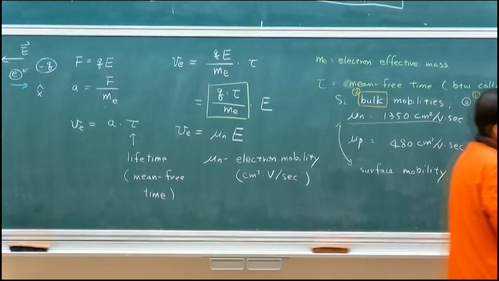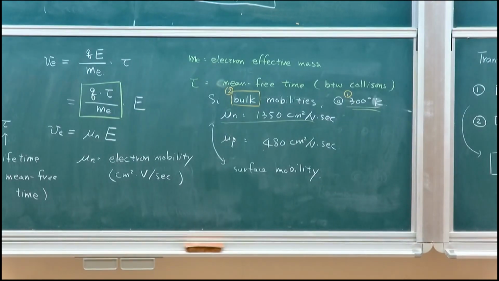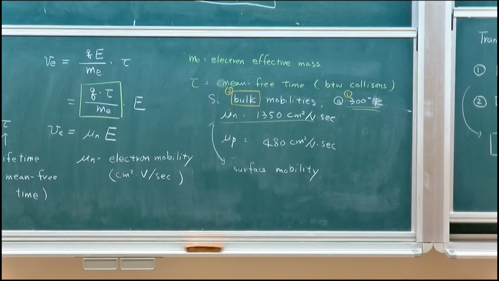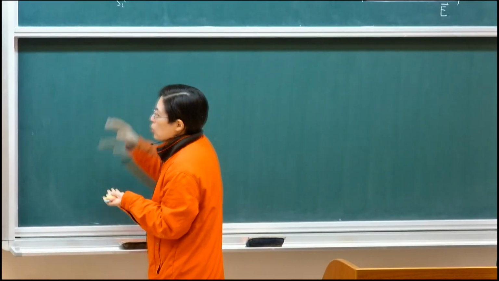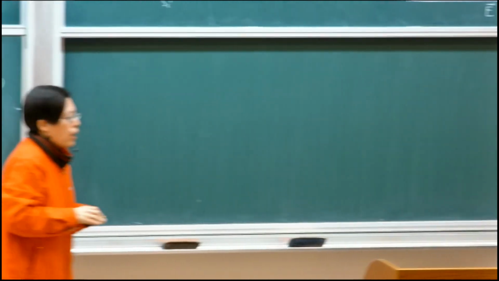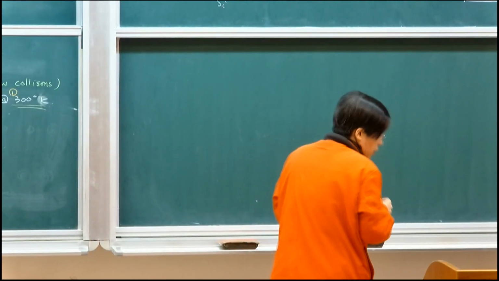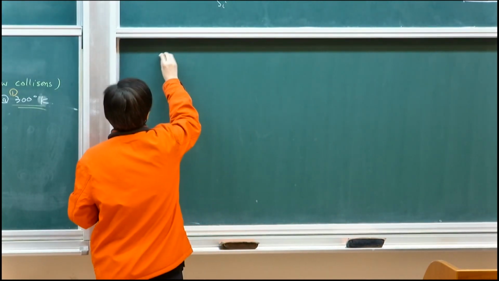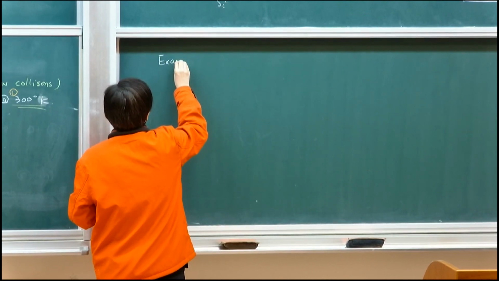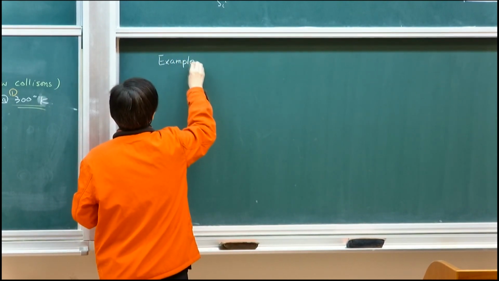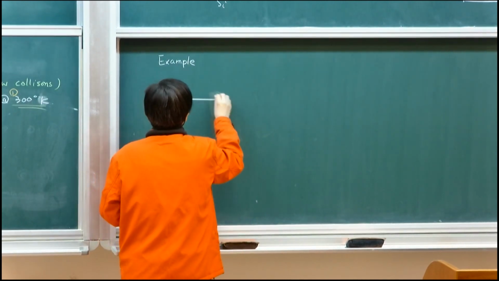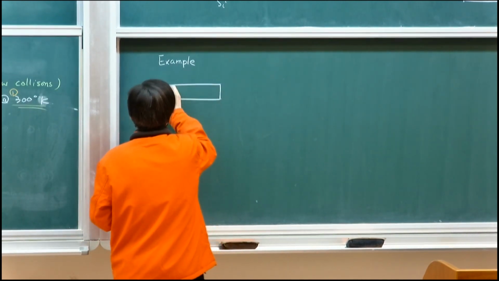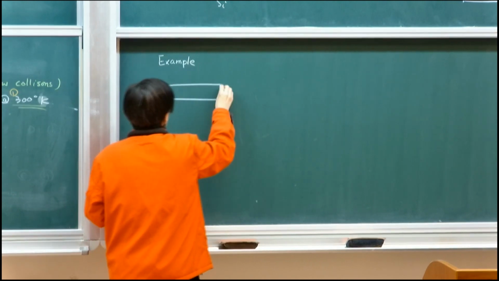Okay? So with these ideal numbers, let's do some estimation. Once we have the mobility, and if I give you a structure, we can actually estimate how fast a carrier can move between two terminals. I'm just going to give you a very simple example. Let's say,